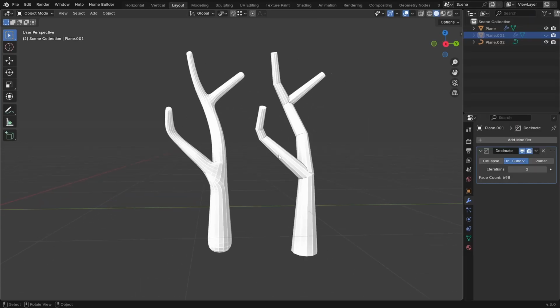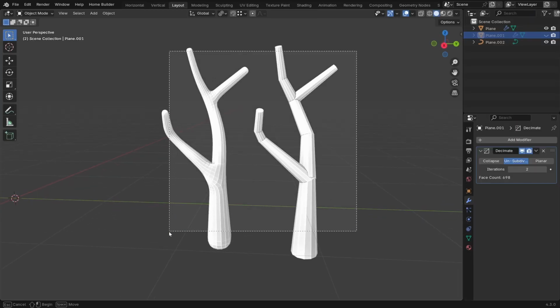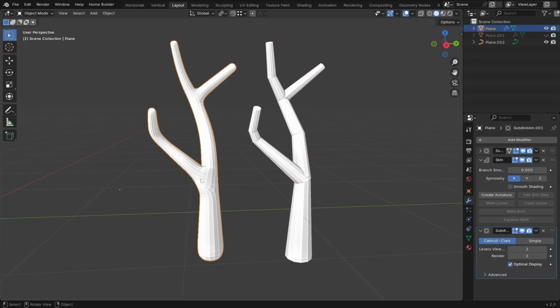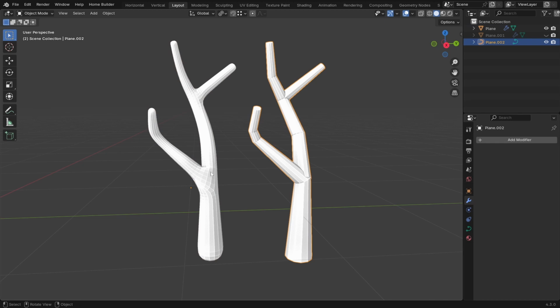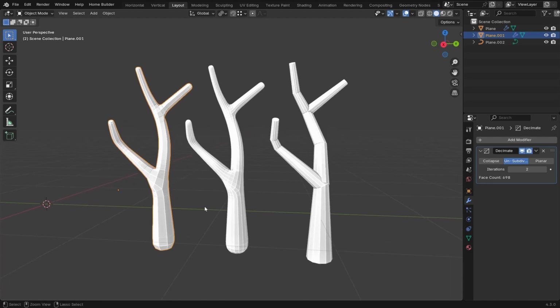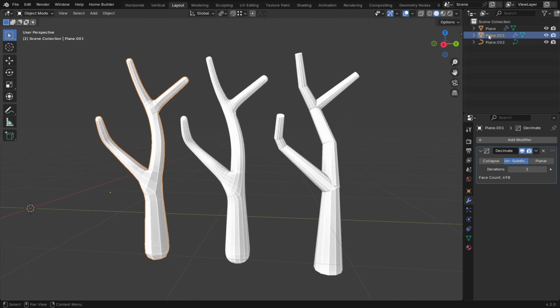Here I've got two versions of different tree trunks and branches. The first one is made with curves, and the second one is also made with curves, but with the help of modifiers we can create this kind of thing. You will see that if I just press Alt H, we see a third tree trunk, and that's what we get once all the modifiers are applied, and we just want to use decimate to